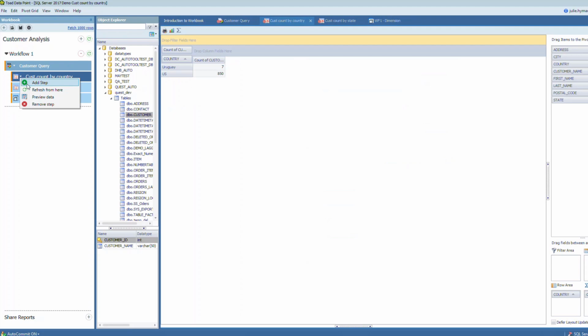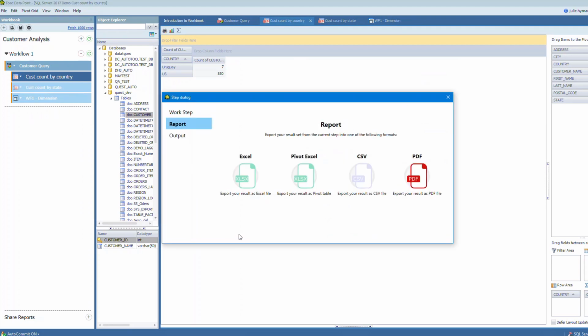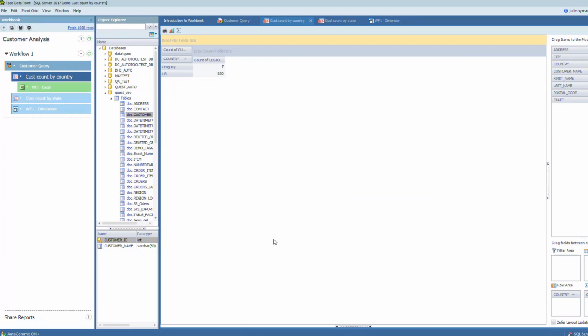And now I can even choose to go further and say for this pivot in particular, I want to add a report. Meaning I want to take the information in this pivot and create an Excel pivot from this. And I can go out here and I'll call this my Excel Workbook 1. Okay, and so what I'm creating is a hierarchy of analysis artifacts that I can create within this query.